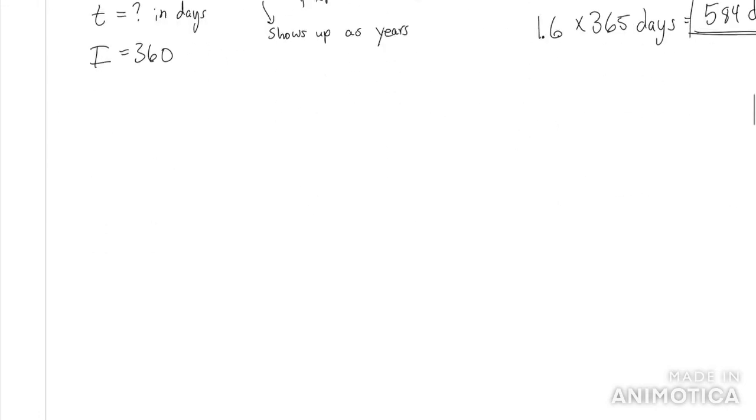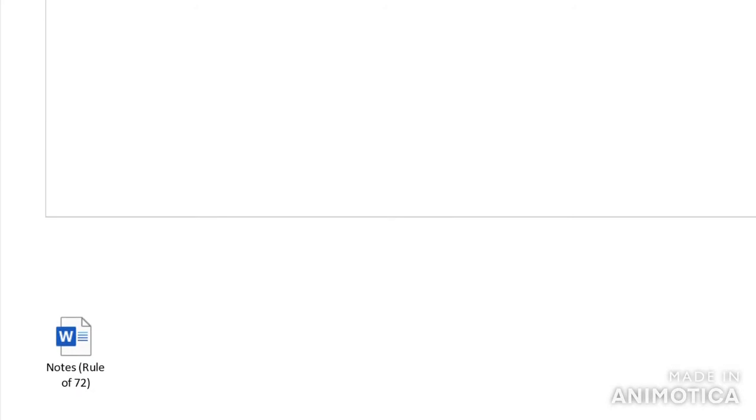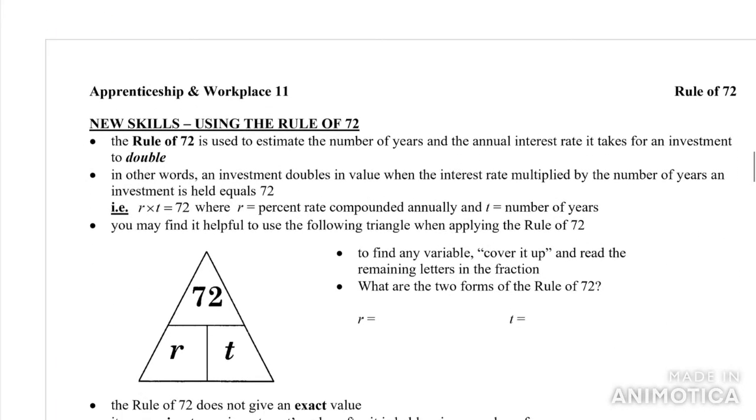Next up, there's something called the Rule of 72. I'm going to go through this super quick. I'm only going to do a couple of things on this, but it's fast and handy to estimate the number of years it takes an investment to double. So basically, how long does it take for the amount in your account to double. So if you put in 500, how long is it going to take to get $1,000? It's not exact, but the rule of 72 is a little bit helpful.